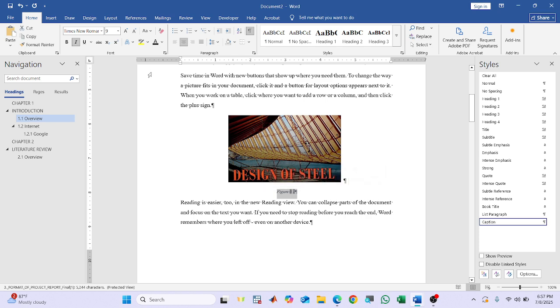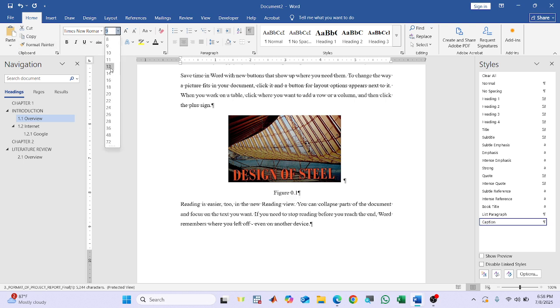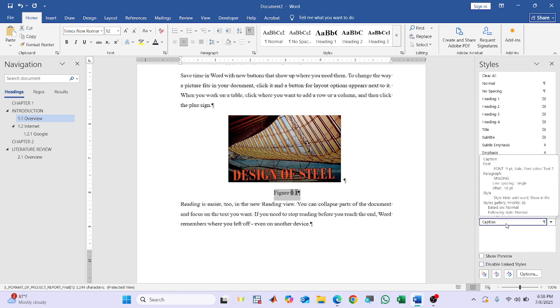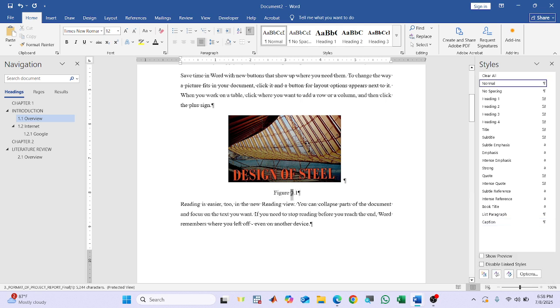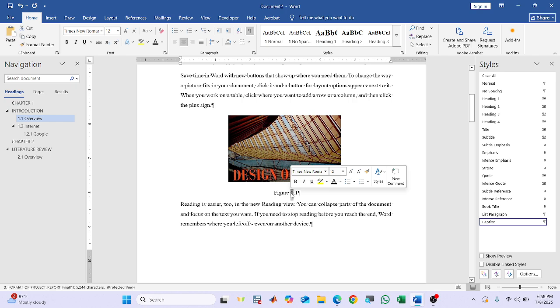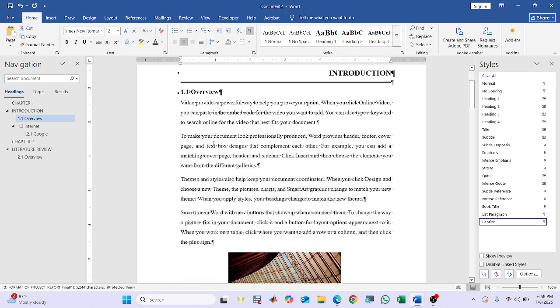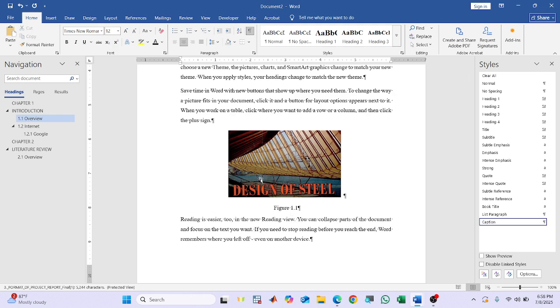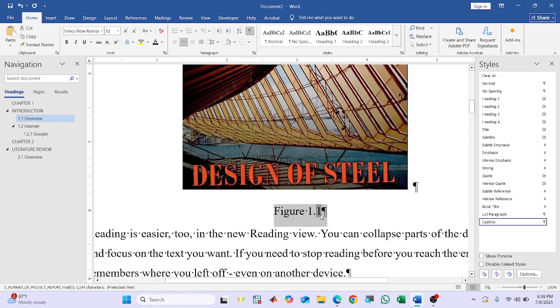And what you can do is make it center. You can select this and make it black. You can remove the italics and set the size to 12. Since it is a caption, right click, update caption to match selection, and you can change this. It is in chapter 1, so keep 1 here and leave. After leaving, if you highlight this, you can see this one is dark. It is okay now. After that, you can write the name of the figure. So design of